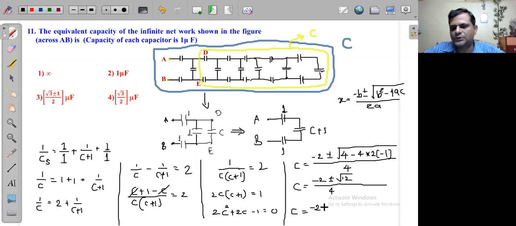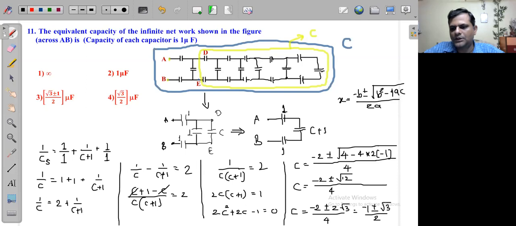So minus 2 plus minus 2 root 3 upon 4. So that this 2 can be taken common and just be able to cancel it. अगर 2 को कॉमन ले लेंगे और कैंसिल कर देंगे तो हमको मिलेगा minus 1 plus or minus root 3